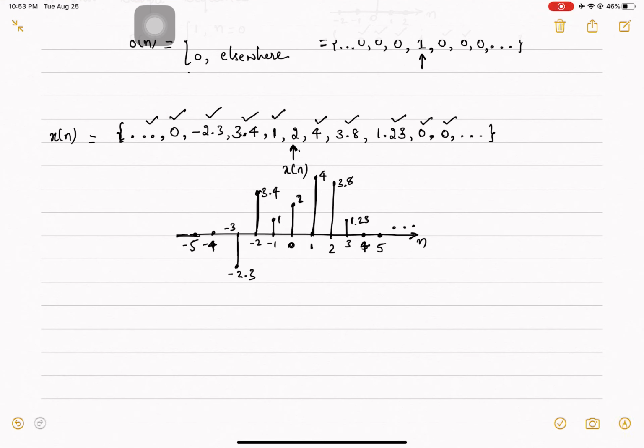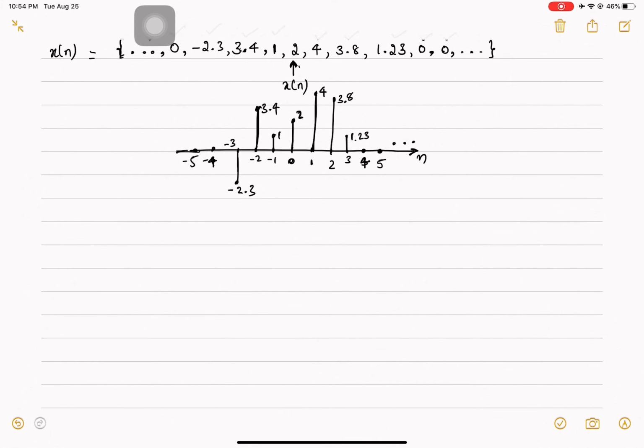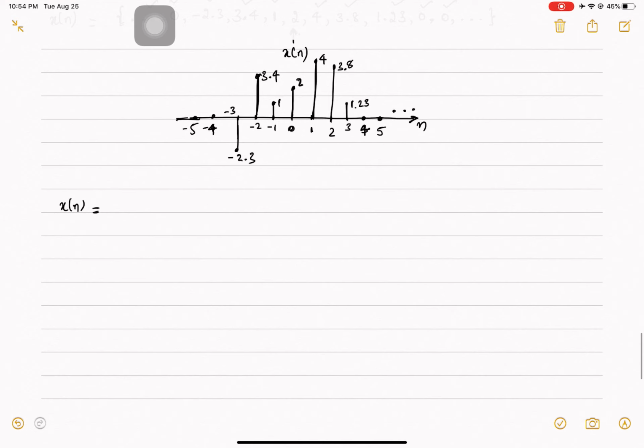Okay, now why is that unit impulse sequence or unit sample sequence so important? It is because this sequence, a general sequence, I have taken some random sequence, can be expressed as a sum of, or superposition of, time shifted impulses. Okay, time shifted unit sample sequence. Okay, now how? So we'll see. Okay, so this sequence x of n will be equal to, right, so I'll start with n equal to 0.